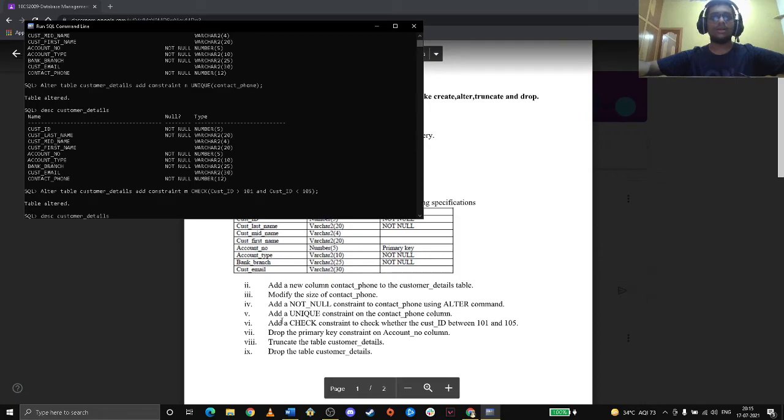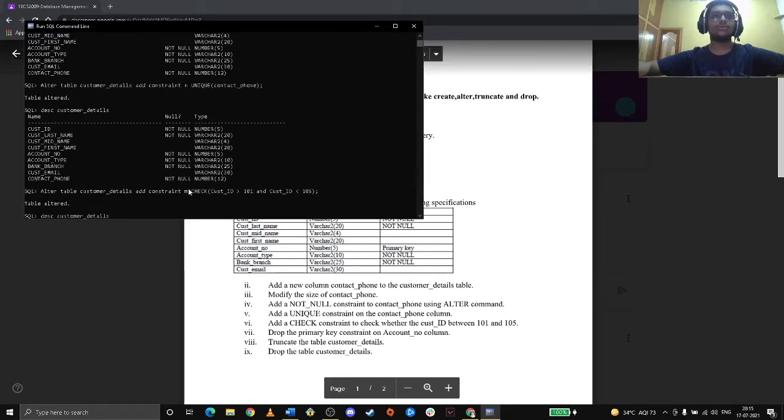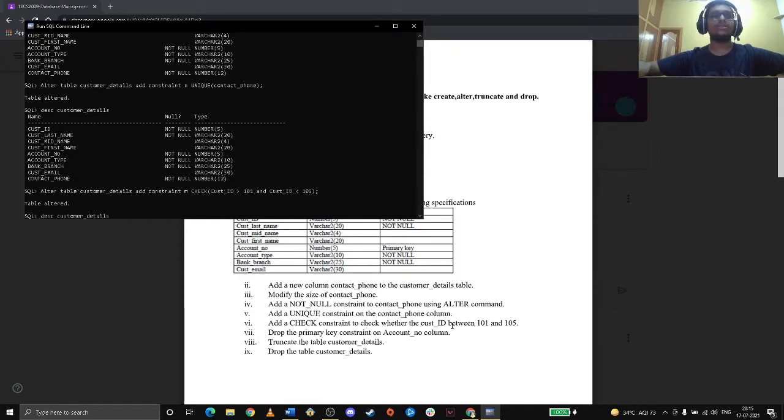Now we need to add a check constraint to check whether the cust ID is between 101 and 105. This is basically for the values in the column, like the row part. We didn't do the row part now because we just need to create an alter, truncate and drop.